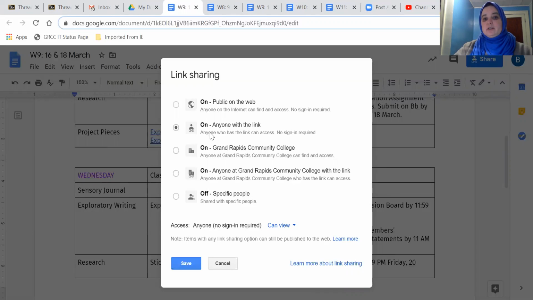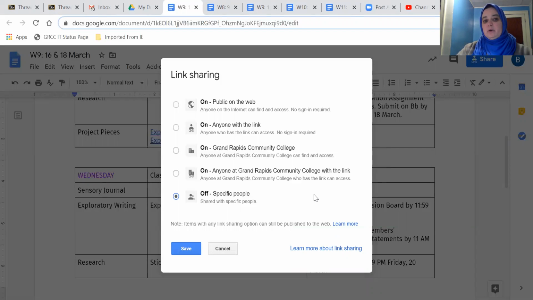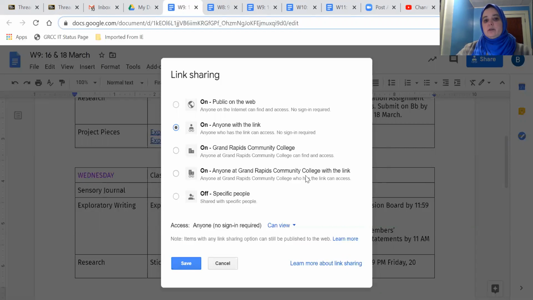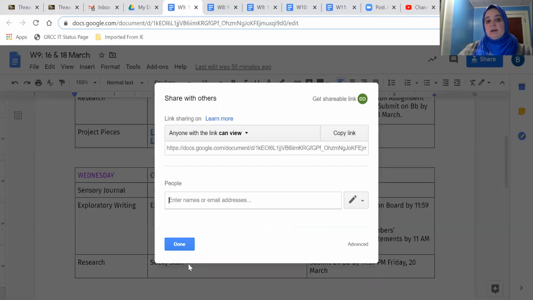So you need to make sure it says anyone with the link, and then ideally you're going to make this anyone with the link can comment, because it's easier to comment directly on a paper. But for this purpose, because you'll have a document that will be guiding you in questions to ask, it doesn't really matter if it says can view or can comment or whatever. So as long as it says anyone with the link, whatever this says doesn't matter. So then you make sure you save that. And then you can copy the link,